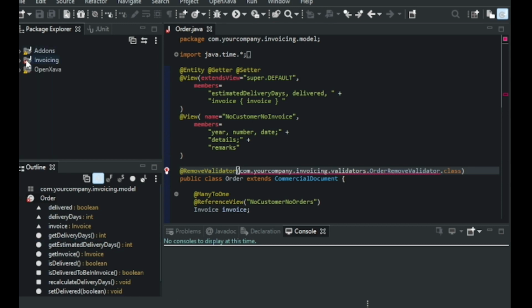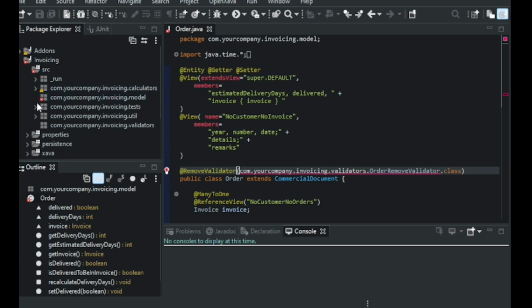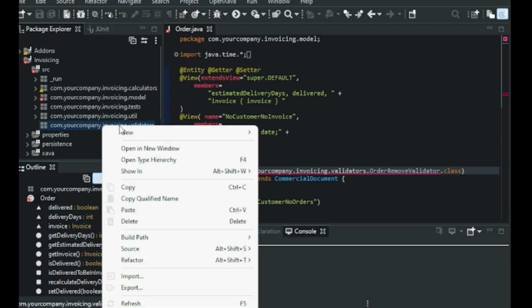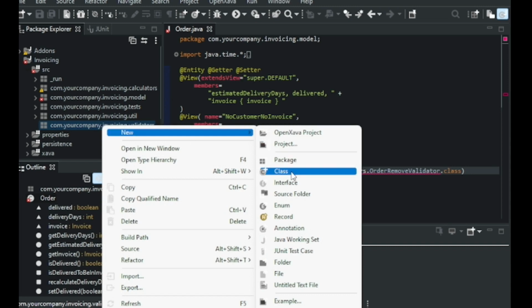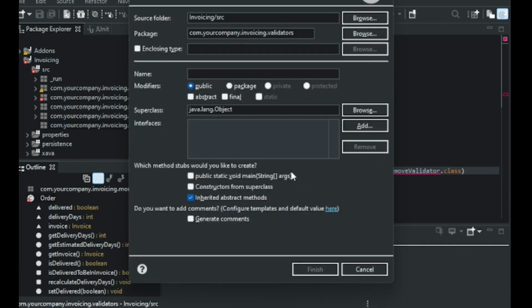To do this, we're going to click on invoicing, src, and we're going to click on com.yourcompany.invoicing.validators, and we're going to click on new class, and we're going to call it OrderRemoveValidator.